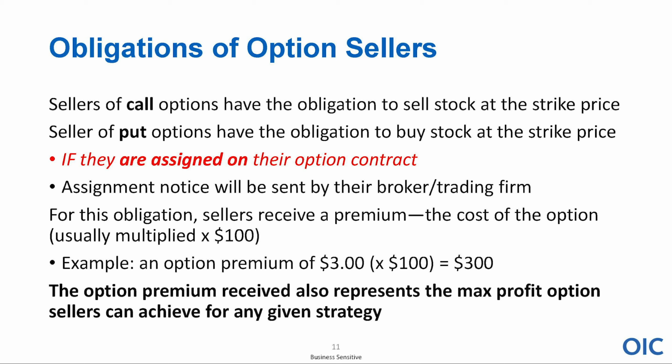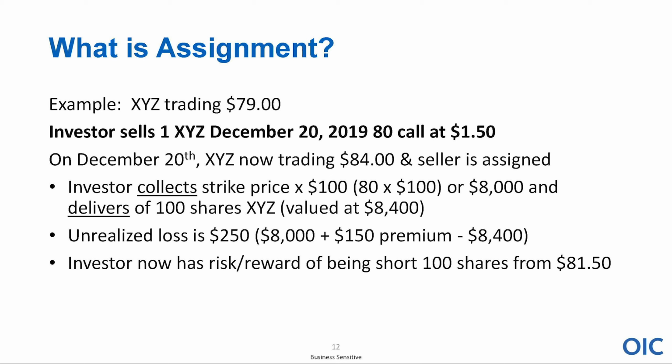When I sell an option, in this case I sold an option for $3 times 100 shares, $300. That's the most I can make. If that option expires worthless, and I have had options expire worthless being a buyer and being a seller, but if I'm a seller, the most I can make is $300. If that stock goes the way I think it might, I'm only going to benefit by whatever I collected as the option premium. So let's just talk about assignment here.